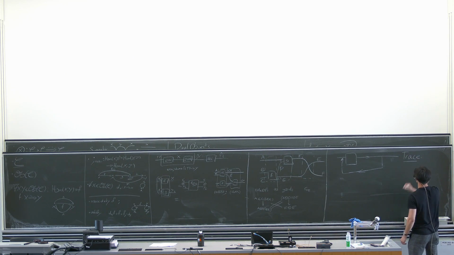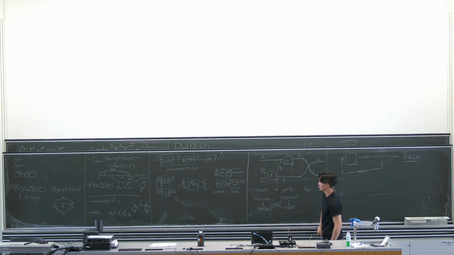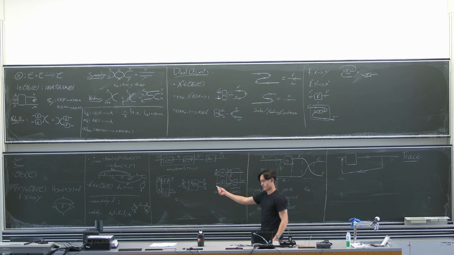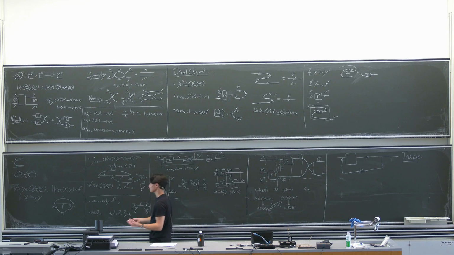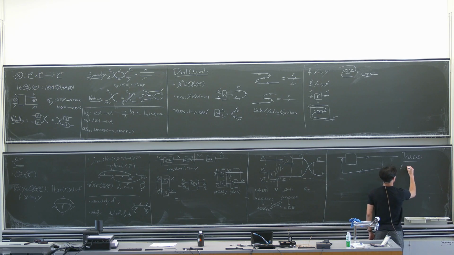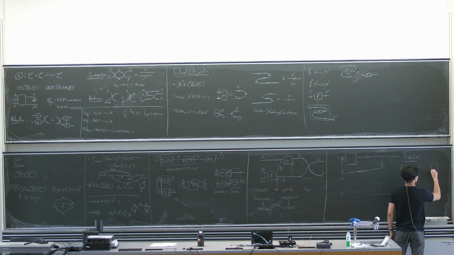It comes from linear algebra because if you think about your category of vector spaces, linear maps are matrices. The trace of a matrix is the sum of the eigenvalues. And effectively what it does is it's just a morphism from the underlying field to the underlying field. So the trace of an endomorphism f x to x, you write it diagrammatically like this.